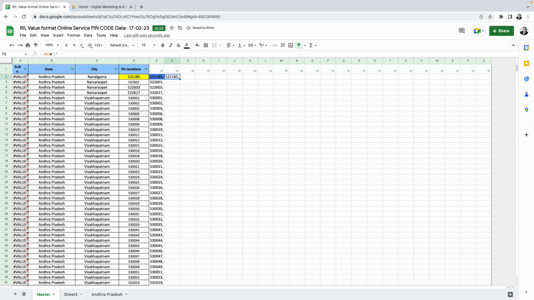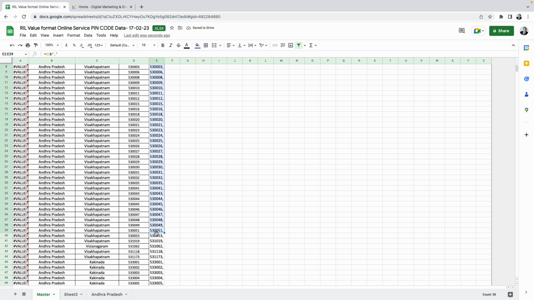Now let's do it again so you understand. You type the equal to sign, select the cell where you have the pin codes, press the ampersand, then the comma, the ampersand again, and enter. You are done. So you have this list. I already prepared my list for zip codes. Now I'm going to go straight to my